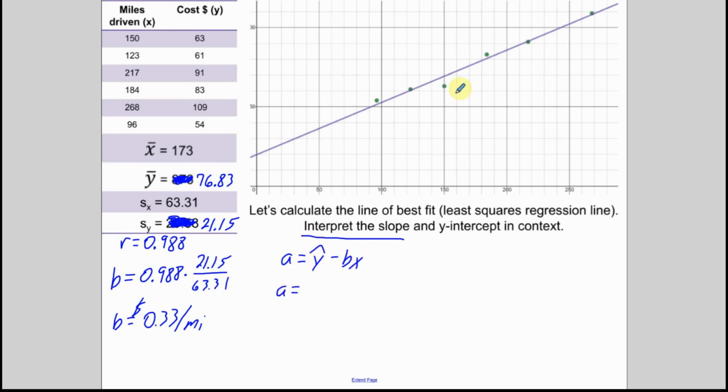And again, we know somewhere on this line is the point 173, 76.83. So 173 is about right here. So this point right here is roughly 173, 76.83. Right? On every line of best fit, you will find x bar, y bar. So y bar is going to be 76.83